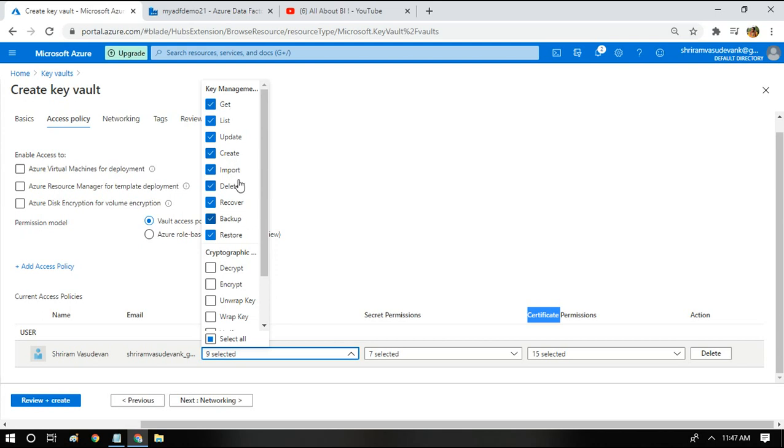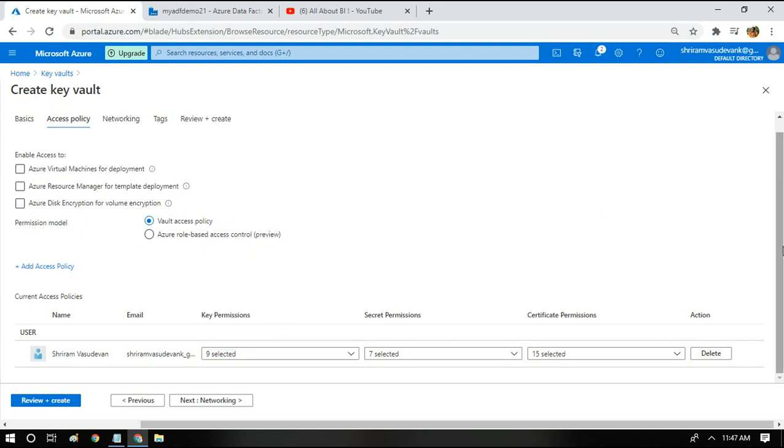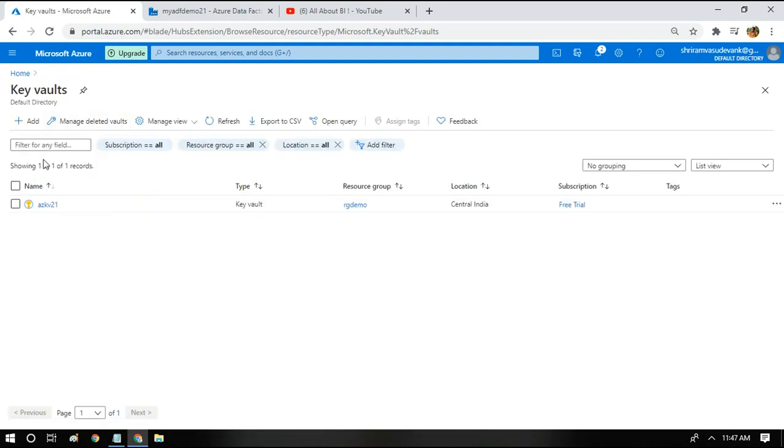So these are all various permissions which are provided by default to the person who is creating this Azure Key Vault. Okay, if at all you want to add somebody else to access this key vault, right, you can click on add access policy and continue. Okay, so this is the place where we are providing access to the other entities to access the key vault. Okay, so once I click review and create, it will be creating a key vault for me. I have already created one, so I will just be going inside that.